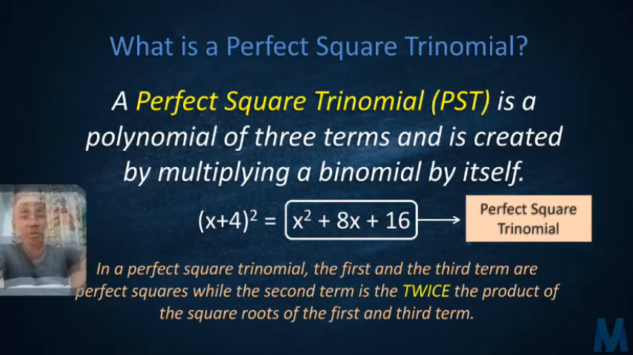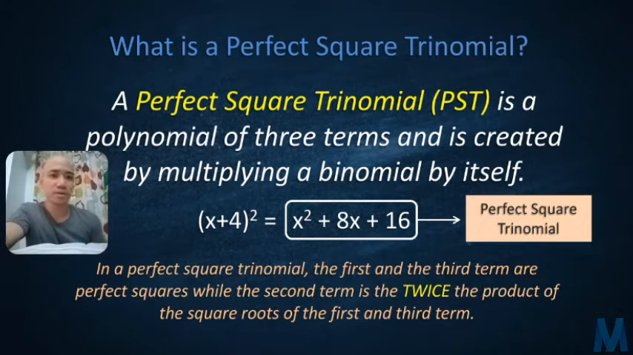So in a perfect square trinomial, the first and the third term are perfect squares, while the second term is twice the product of the square roots of the first and third term. Okay, tanawon ta ang x squared plus 8x plus 16. So kung manotice niyo nga ang first term nga x squared kag ang third term nga 16, they are perfect squares. Okay? Kag ang second term